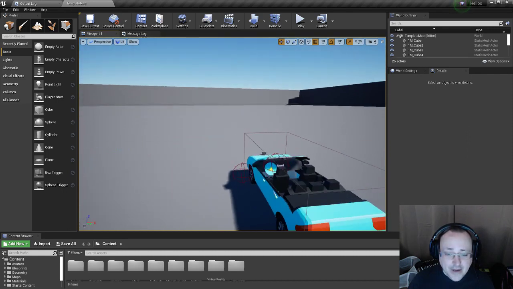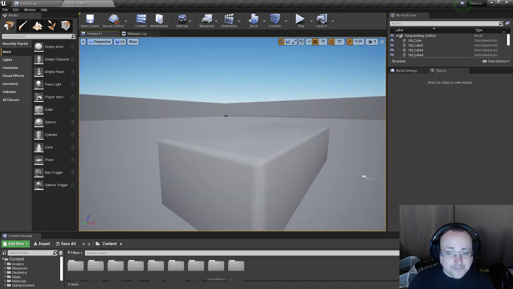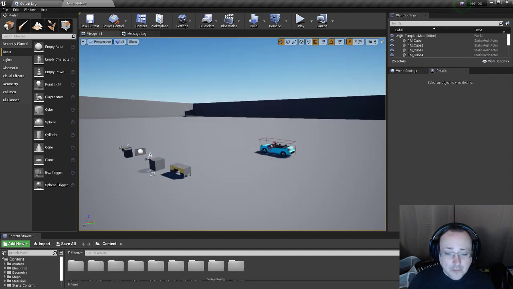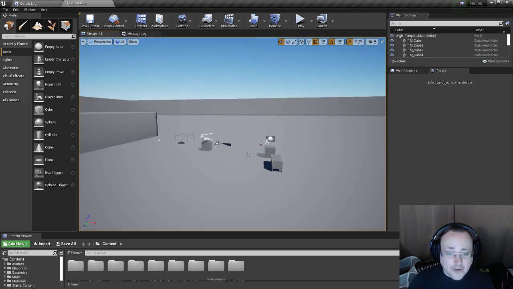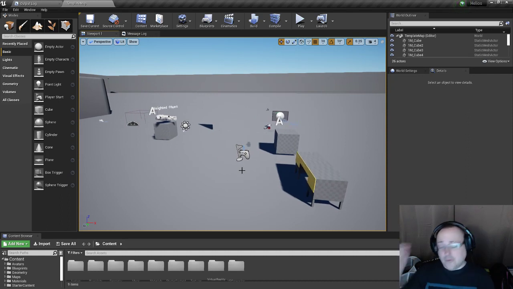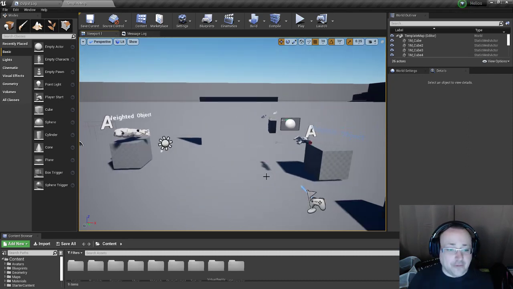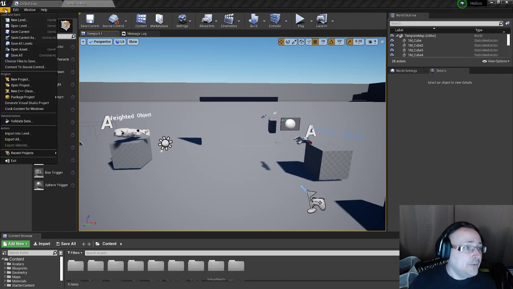In my particular case, I just want something as simple as possible. So what I'm going to do is start a fresh level, and this is how that's going to work. We have a bunch of stuff here that are all just examples, but we want a completely different world. So I'm going to save current as,